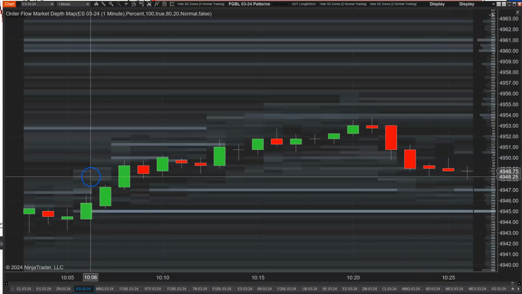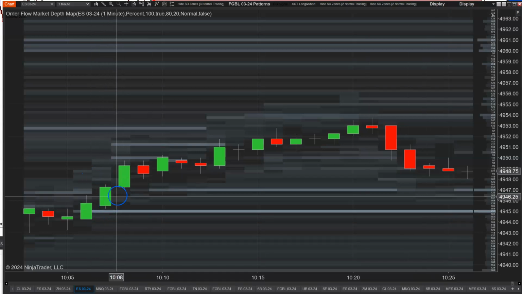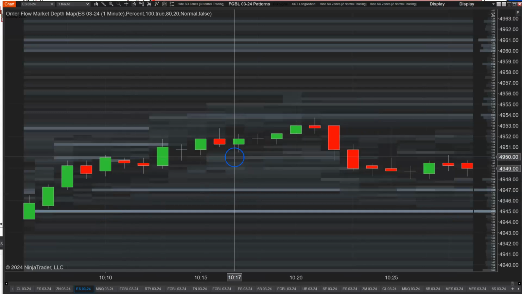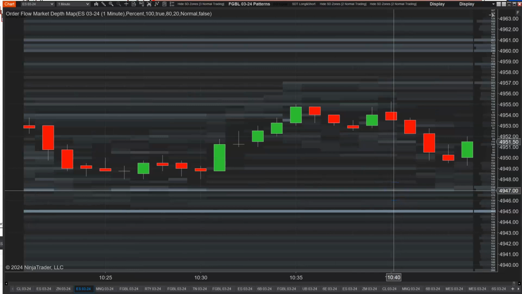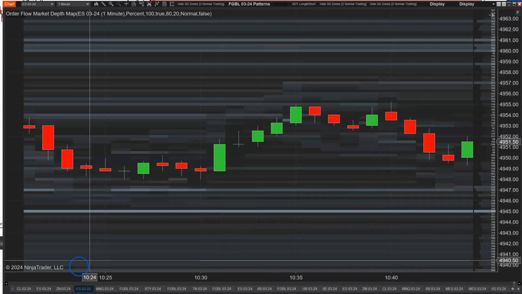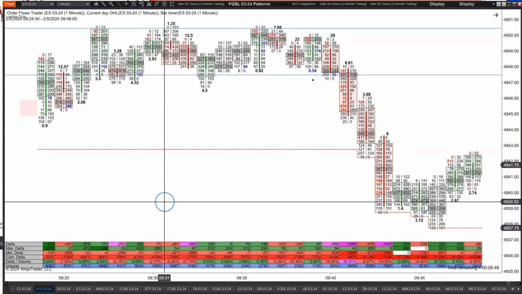This information was useful here, noticing that there's a big bid coming in. Okay, fine. You had a big bid here that got pulled later. So I'm not saying that a book map or a heat map is useless. There are very practical uses for it, but the way that I've always traded with order flow, and this goes